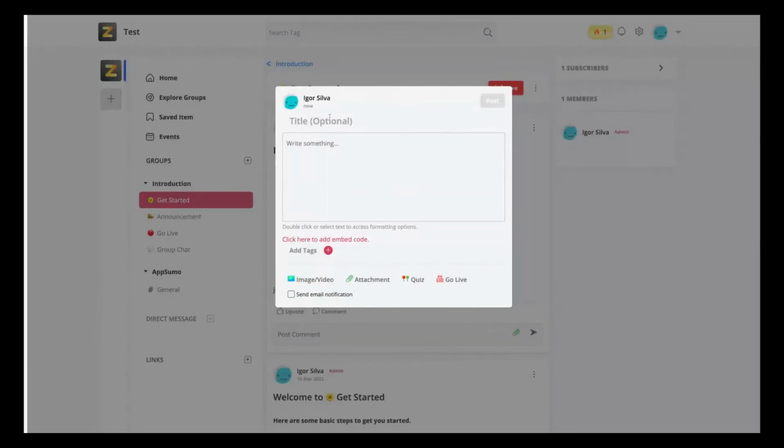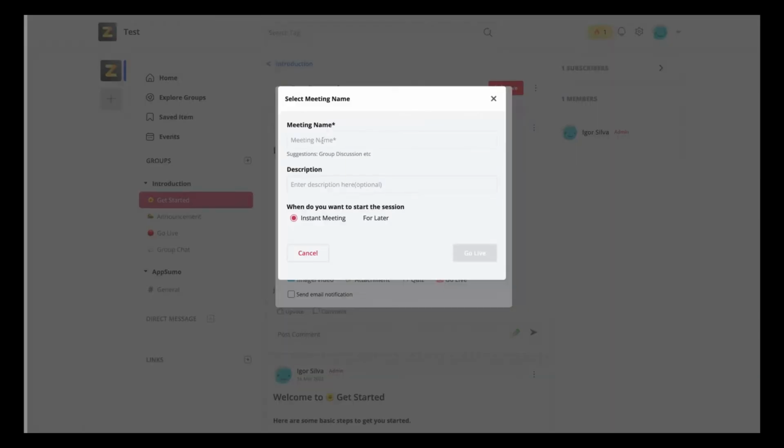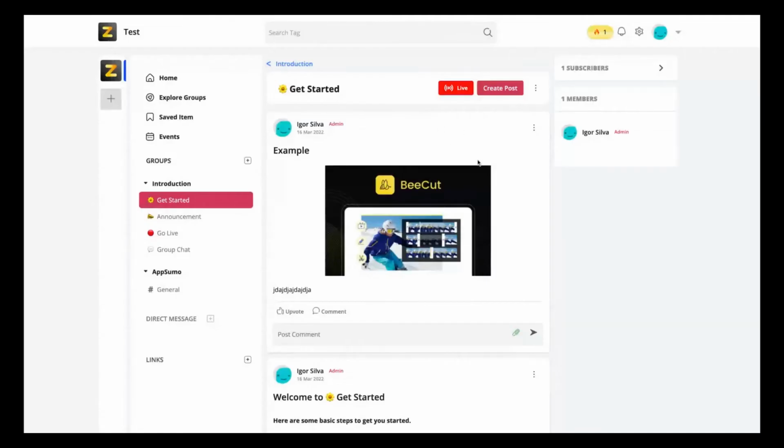So it's easier to manage and also to change the place, the structure of the groups and the sections than UUKI. To create a post is pretty similar, and you have more features here because you can add attachments, you can add videos, not only images, okay? And you can go live. So you can go live directly on Pencil, and this is a feature I didn't see on UUKI.